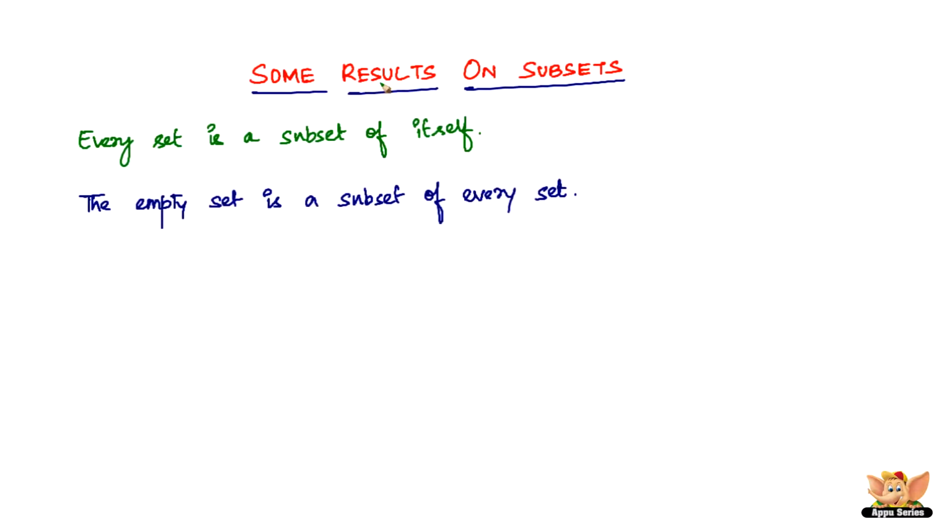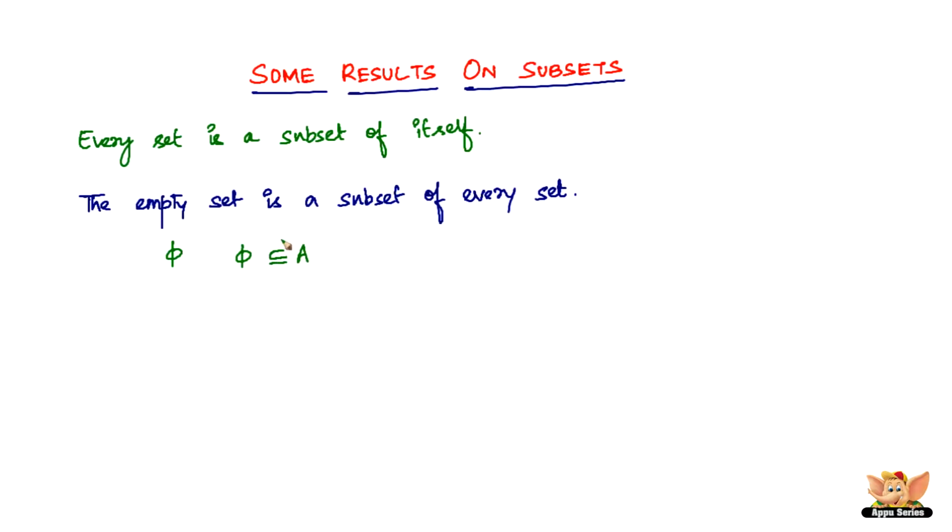Another result on subset. This is an even simpler one, I'd say. The empty set is a subset of every set. So let A be any set and say phi. Phi is usually the symbol that is used to represent an empty set. So in order to show that phi is a subset of A, we must